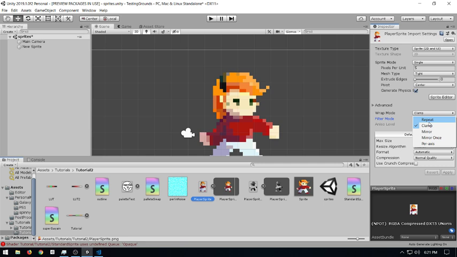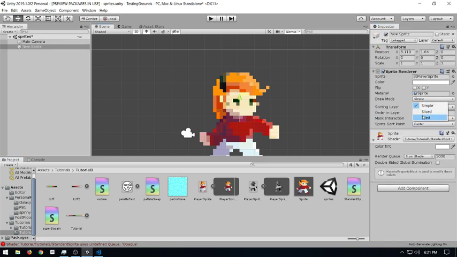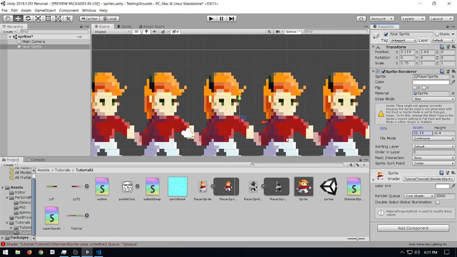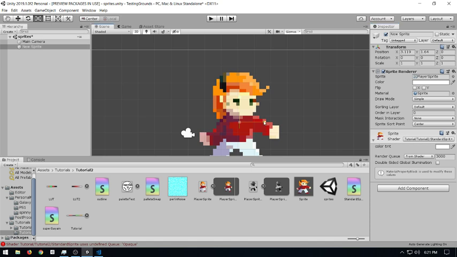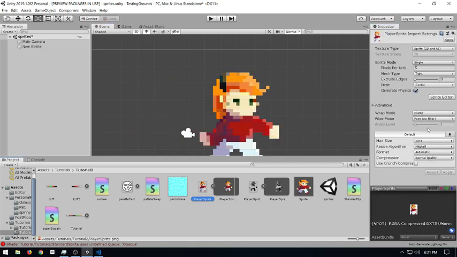Essentially, that's like, if I do clamp and then say tiled. Funny. I would have thought that just stretched out. We'll see this a little bit later, but it's essentially the way that Unity is going to handle it if your sprite goes out of the sprite renderer or your sprite is too small for the sprite renderer.